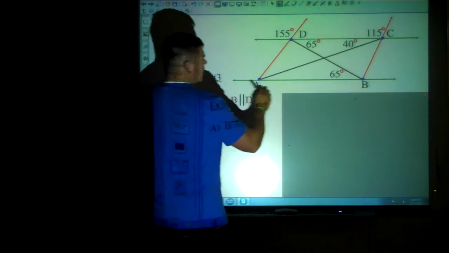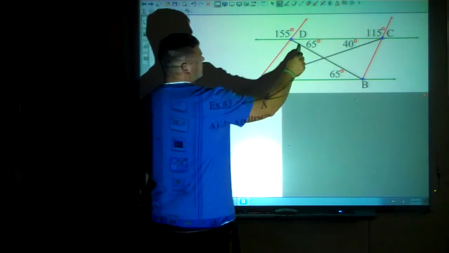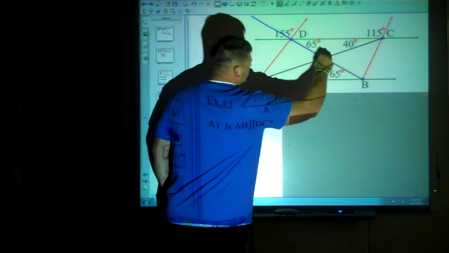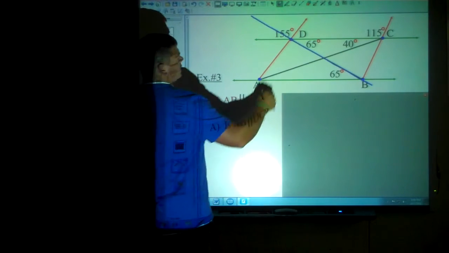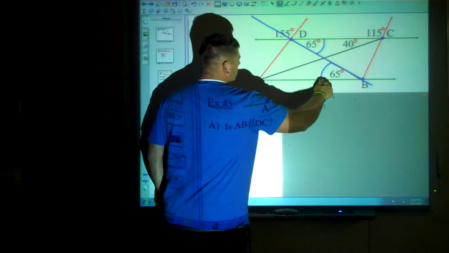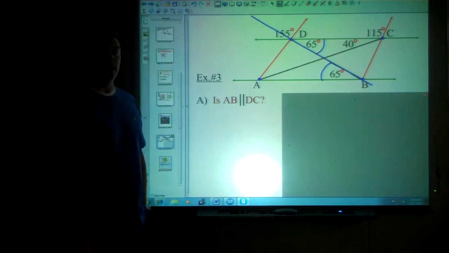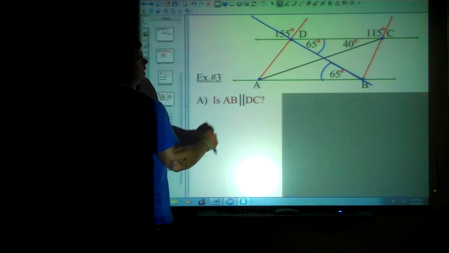Now, we have these two green lines that we're wondering if they're parallel. If they were parallel, then this black line right here would be the transversal going through it. Imagine that. And if it is, you've got an interior angle here and an interior angle here that are exactly the same. Alternate interior angles are the same,